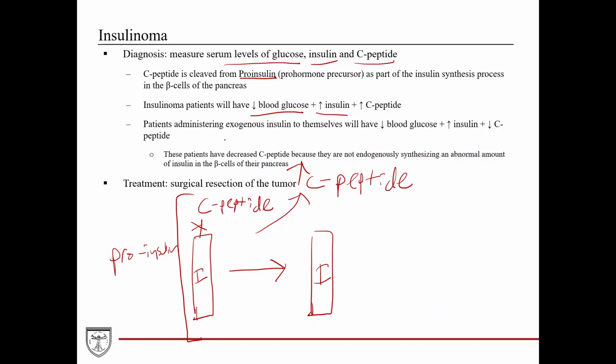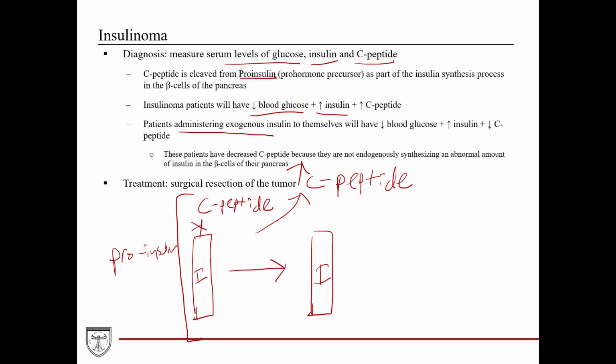Now, what's a common USMLE question is they'll give you a patient, you kind of can't really tell, are they just hypoglycemic? Do they have an insulinoma? Or are they administering exogenous insulin to themselves? So some people do this for weight loss and other reasons as well. Very commonly they'll say it's a healthcare worker of some kind. So they'll say a physician, a nurse, a pharmacist, someone who would have access to getting insulin pretty easily. Oftentimes that's kind of a tip off that they're just giving exogenous insulin, but